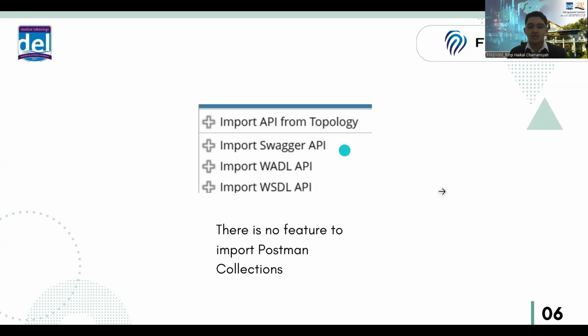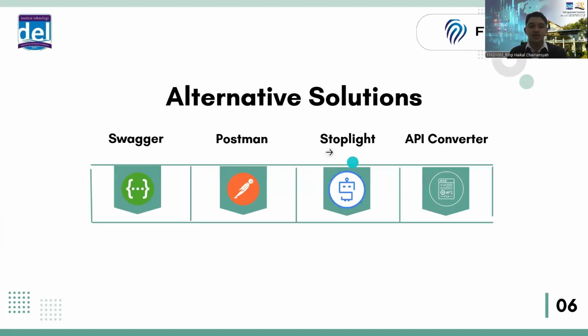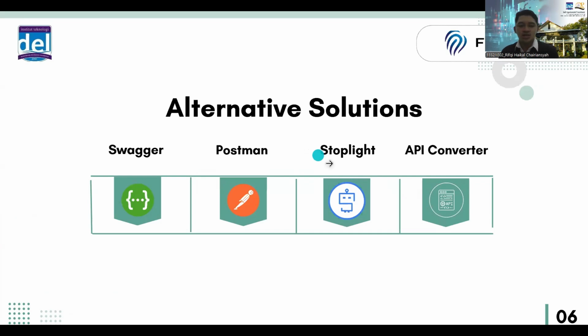And then, what is Swagger? This is the alternative solution. The tools or platforms have similar functions here. The first one is Swagger. It's a platform used for API documentation with an industry standard format that is supported by other platforms such as Axway.